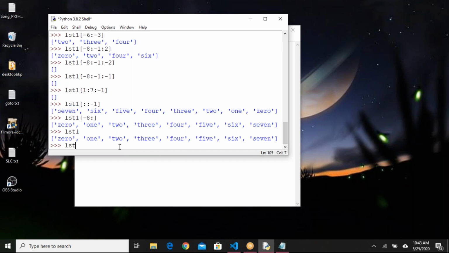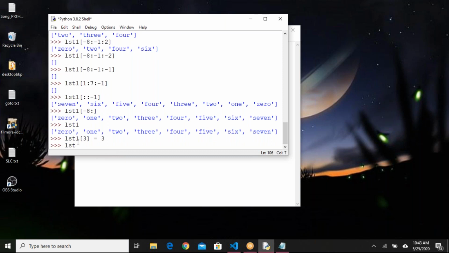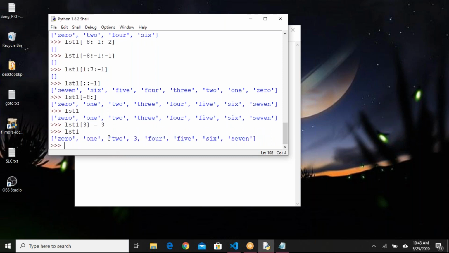Simple: LST1 of 3, where 3 is the index, equals 3. It is the same as how you change the values of a variable. Each element you can consider as a variable and make your modifications. So enter LST1. See here what happened. The string 3 is changed to the number 3.